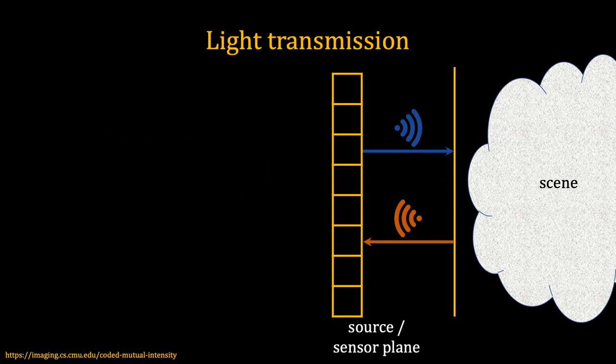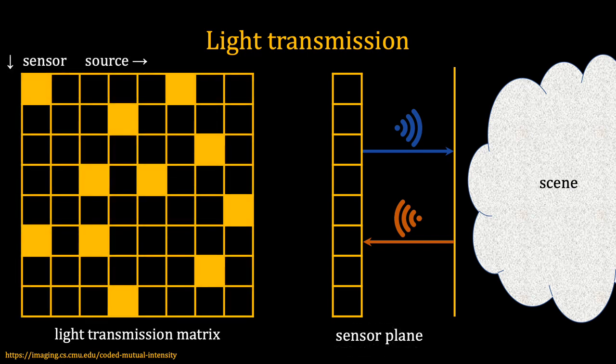Conventional imaging injects light waves inside a scene and measures light waves coming out of the scene. The movement of light inside the scene consists of various events, for instance, scattering, reflection, and refraction. This process is described by the transmission matrix of the scene, which records the contribution of each source point to each sensor pixel, where the vertical dimension of the matrix shows sensor pixels and the horizontal dimension shows source points.